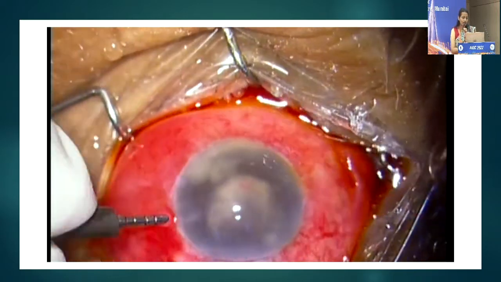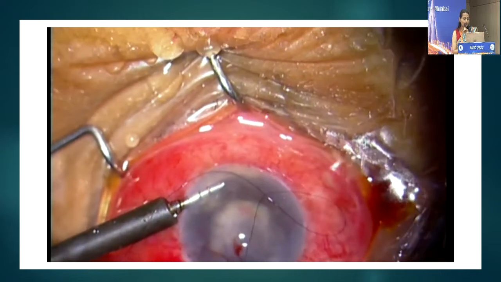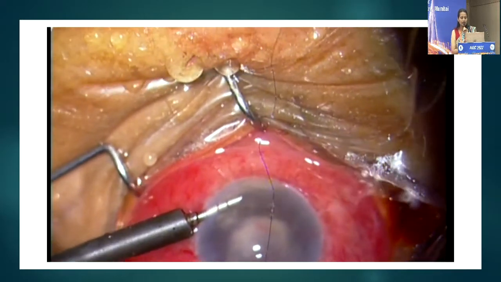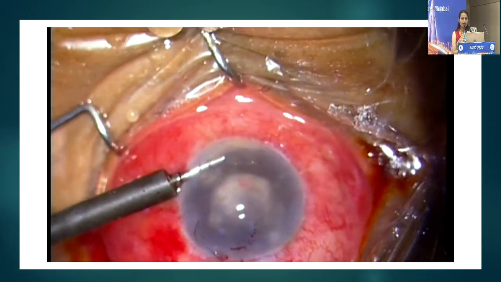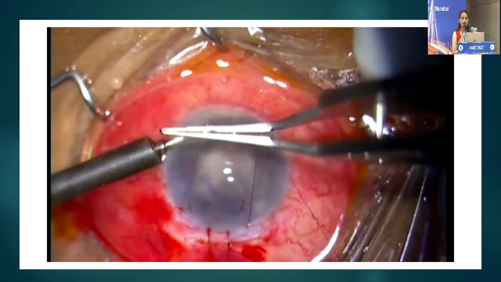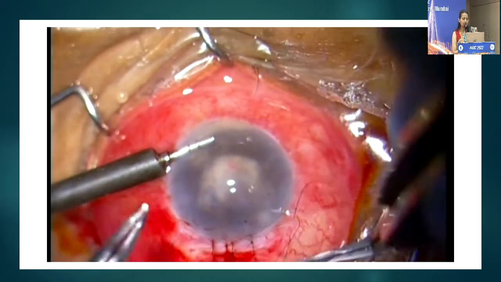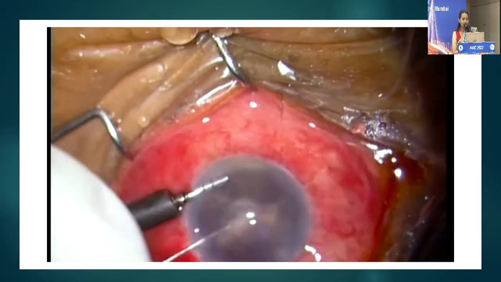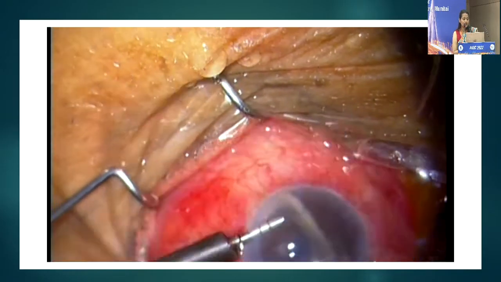This is one more case where the anterior segment reaction is much more compared to the earlier patient, and first and foremost is see if the wound is healthy or not, and if the wound has any gape, then it has to be sutured. In any endophthalmitis surgery, make sure that all the wounds are sutured well, because that's usually the entry site from where the infection has entered. And then we have to clear the anterior chamber, remove all the fibrin with the help of cutter or with the help of